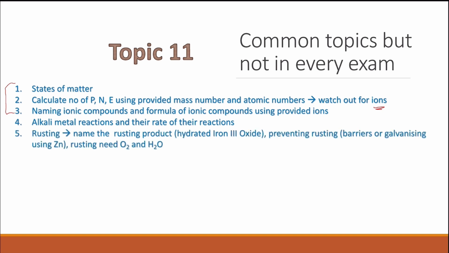It comes up, over the last 5 years, maybe two or three times. Remember that there are two different exams per year for this, for the Edexcel. But the things that they like to ask about in rusting is to name the rusting product, which is hydrated iron(III) oxide. How to prevent rusting or describe the method, which is the use of barriers, and the galvanizing